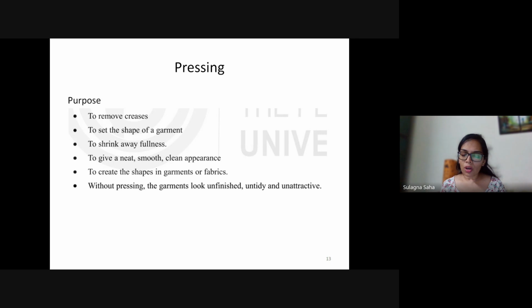Essentially, we should always do pressing as a practice in a garment. In garments such as jackets, pressing is done after every operation. You do one stitch and you press, you do another stitch and you press.